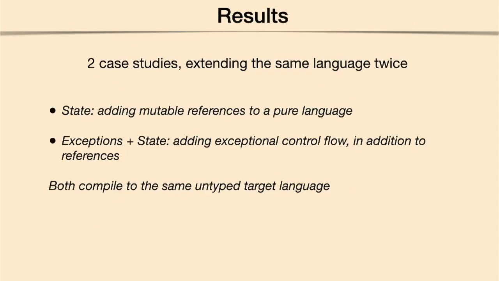And there's another case study in the paper that brings in exceptions, which is interesting because you get weird control flow and the structures of the models become very different. And both of those compile to an untyped target language, which I think is important to show this doesn't rely upon any types at runtime, despite the session that I'm in. It's all done in terms of the actual model, the operations you perform in order to witness the type invariance you want to have, rather than anything actually having to happen.